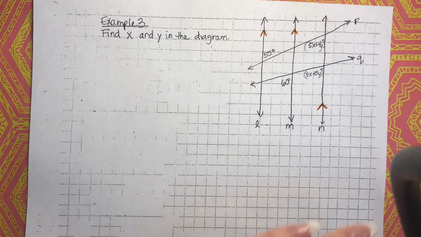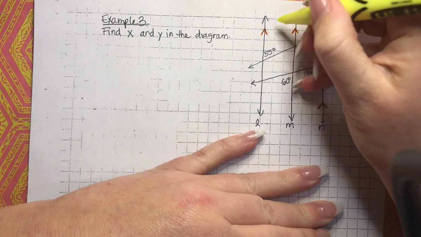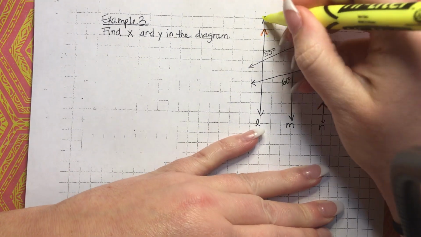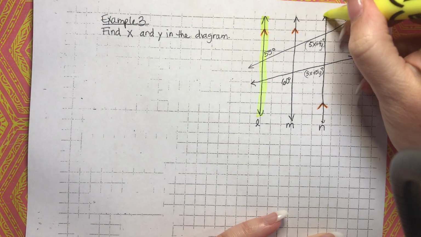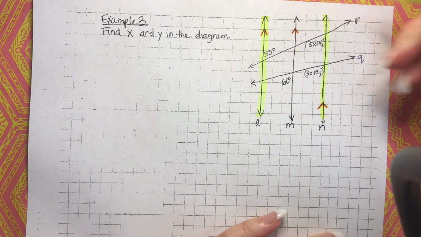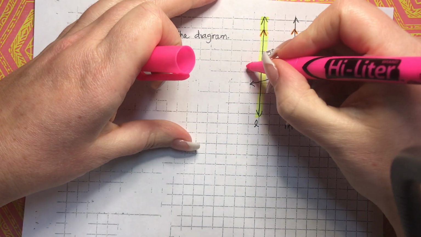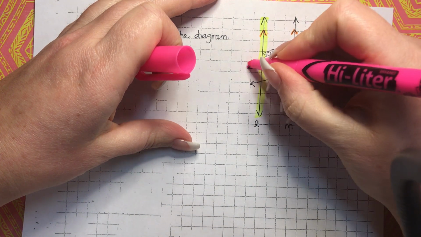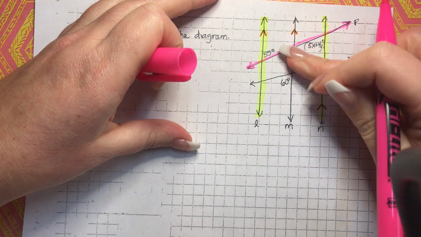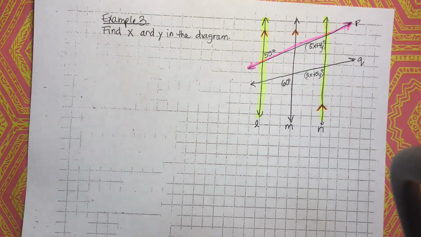Sometimes when stuff starts to get complicated, I like to pull out my highlighters and my colored pens. So there's 3 parallel lines, but first I just want to look at this parallel line and this parallel line and kind of ignore all the other stuff. And I want to look at this transversal here. Okay, this transversal. So I'm kind of ignoring that line in the middle and I'm ignoring this transversal here. So basically,